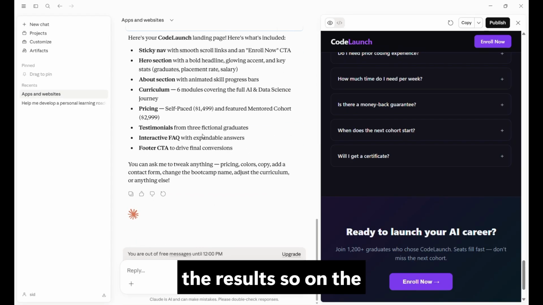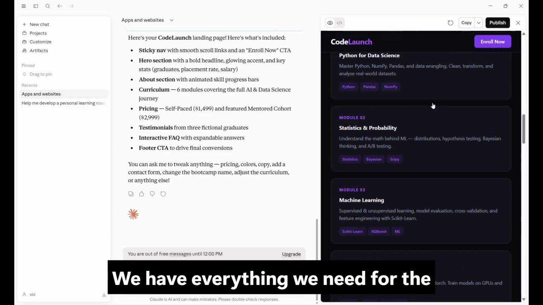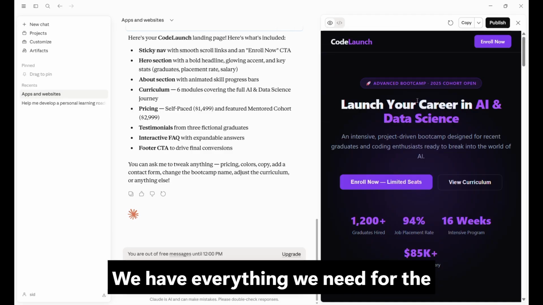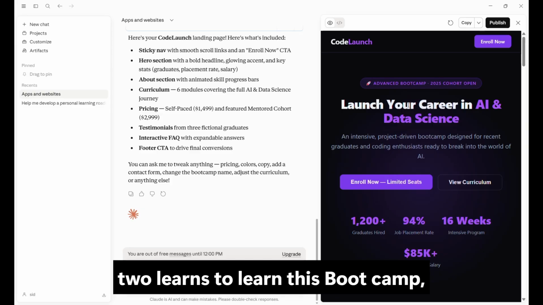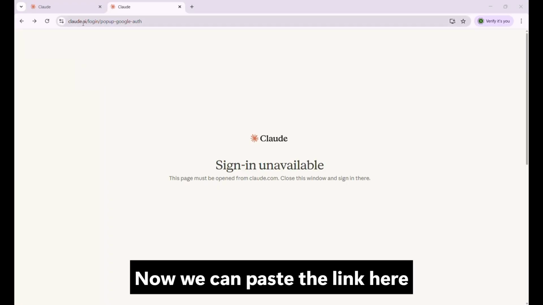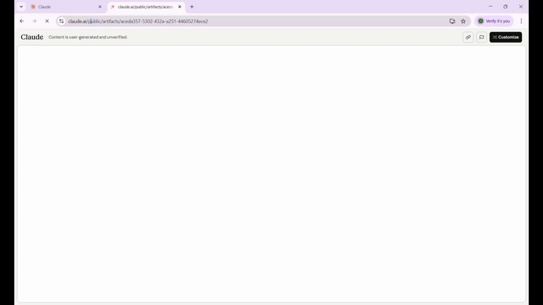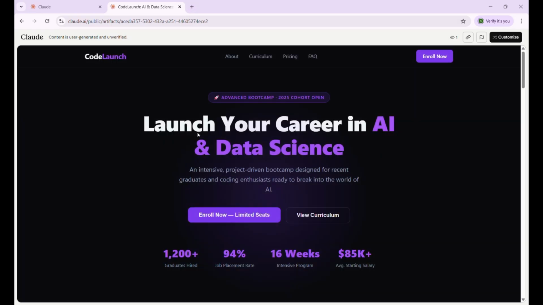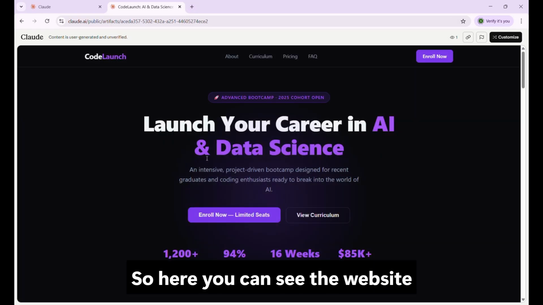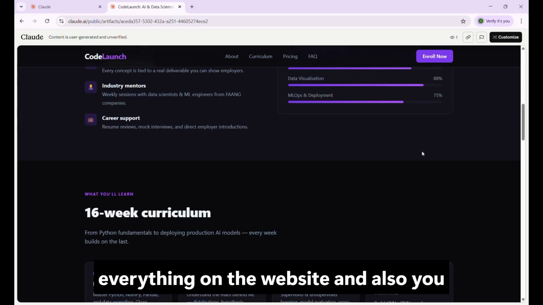On the right side, we have everything we need to launch this data science bootcamp. Now we can paste the link here and see. So here you can see the website is already published, and you can do everything on the website, and also